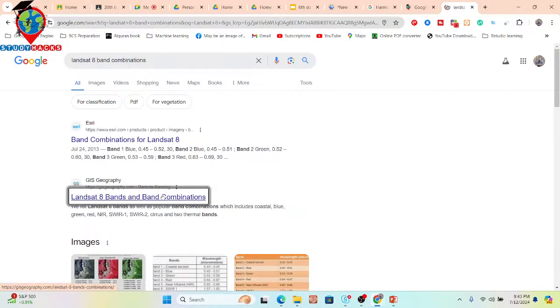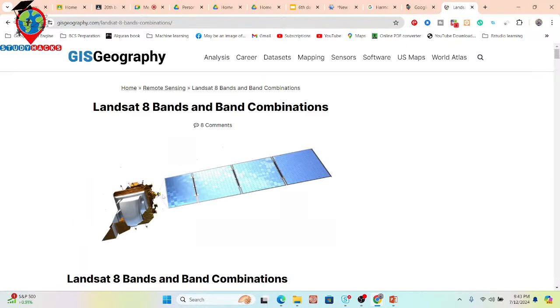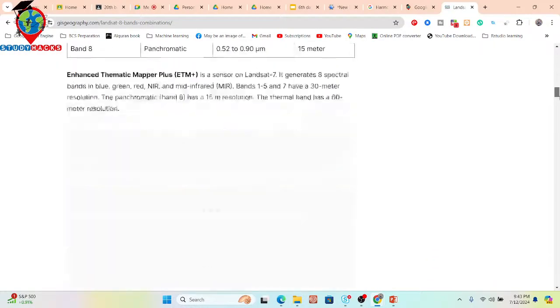So this is the website. From this website you can easily get a lot of things, how it will work, different types of band combination, and we can easily identify the different types of features. So here you can see